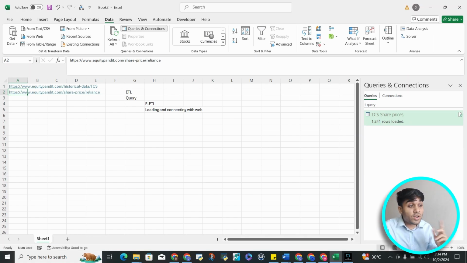So that would be a good edge for you, right? That's why we try to create the dynamic models, right? We necessarily have to just connect it once, and every day we just need to refresh it. That's all. We don't have to go to the website, download everything and do it again and again. The second thing that we have to do is